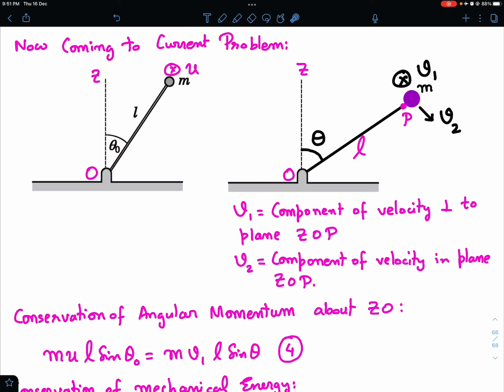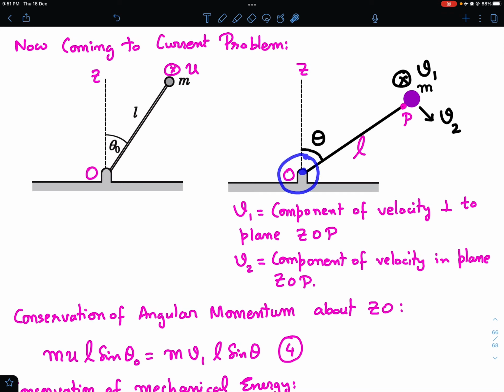Now see, gravity is acting in the vertical downward direction. So the torque of gravity is what? r cross F is into the page, and the component of that torque along the line OZ is obviously 0, because this torque is perpendicular to the line OZ. So I can say that the torque of gravity about the vertical axis is 0, so I can conserve the angular momentum about the vertical axis.